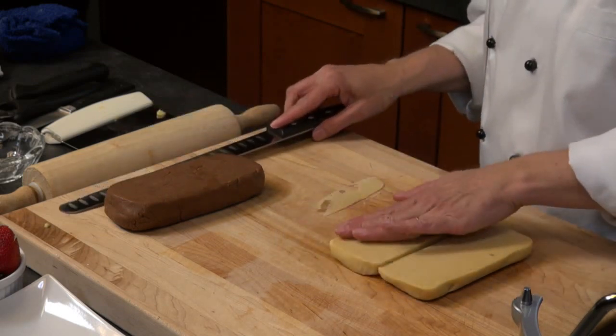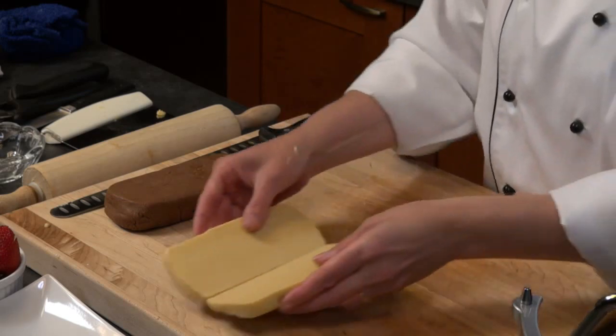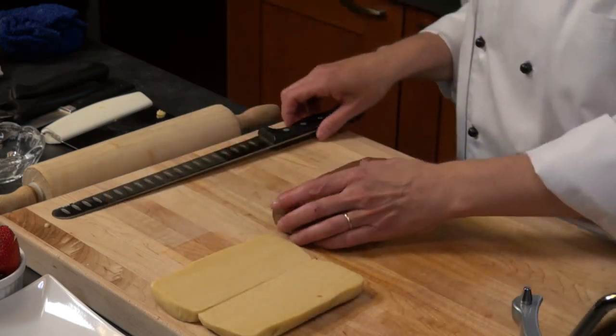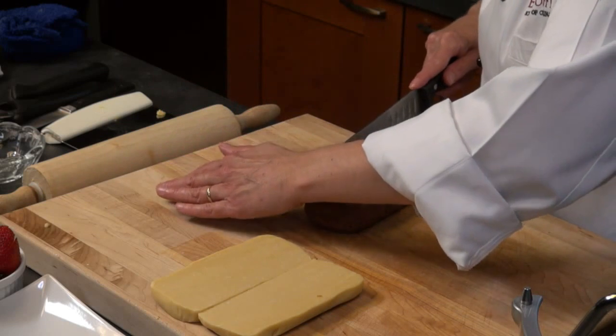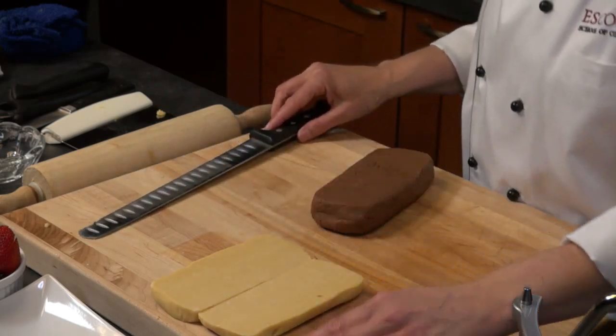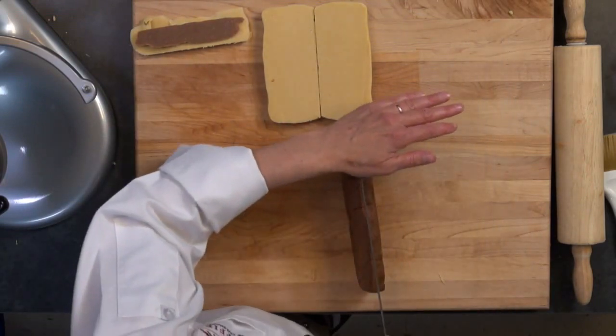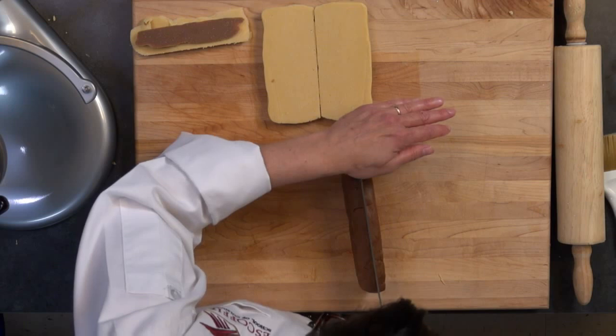Yep, it looks pretty good. And this is going to maybe soften a little bit, and you can flatten it out a little bit. We're going to do the same thing with the chocolate. We're going to kind of make a nice flat edge here. You can mix your scraps together because we're going to do some marble cookies with those. Okay, so